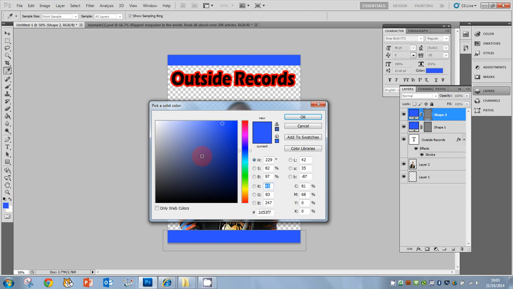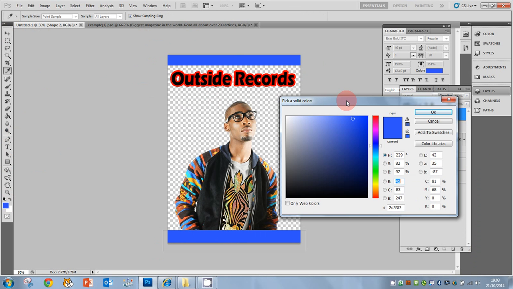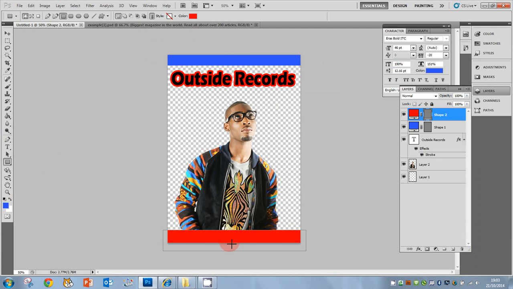new colour. If there is a colour in the image that you want to use, you can use the pipette to click on the colour. I'm going to use the red colour I used here, so I'm going to click on this red colour and it will automatically pick it. Press OK. I've then got the bottom section ready for me. Okay, so I've got my section up here for my strap line, section at the bottom for my footer. I now just need to add in my